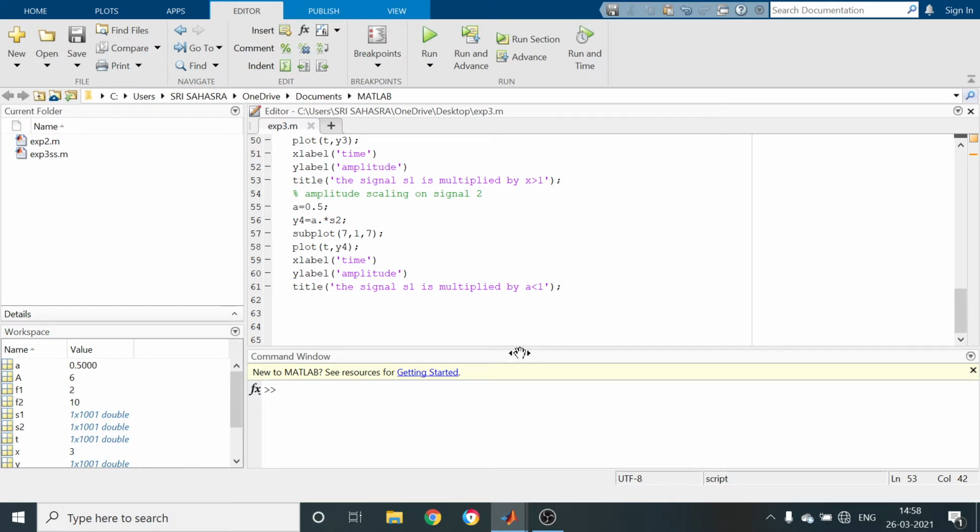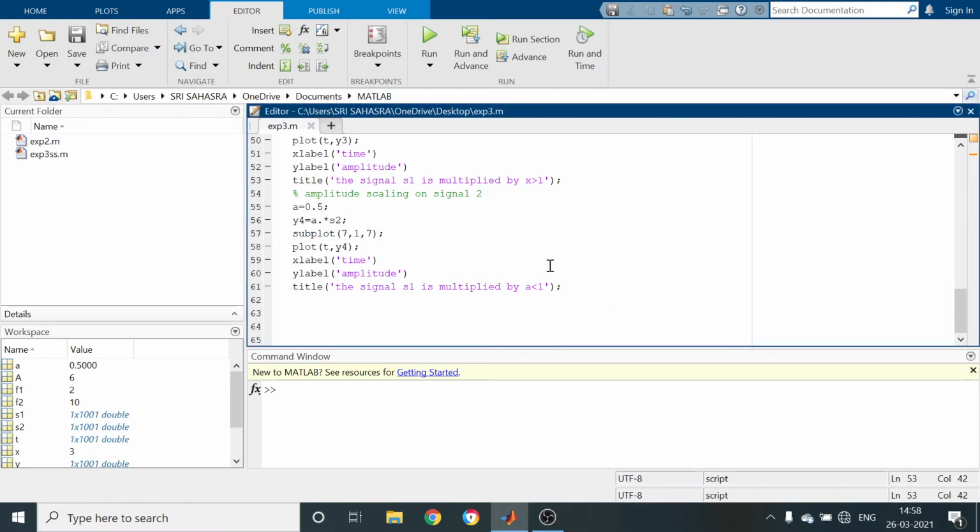Next, the signal S1 is multiplied by a constant greater than 1. The signal S2 is multiplied by a constant less than 1. Here we have to change S1 to S2. So this is the program to perform amplitude operations on signals.